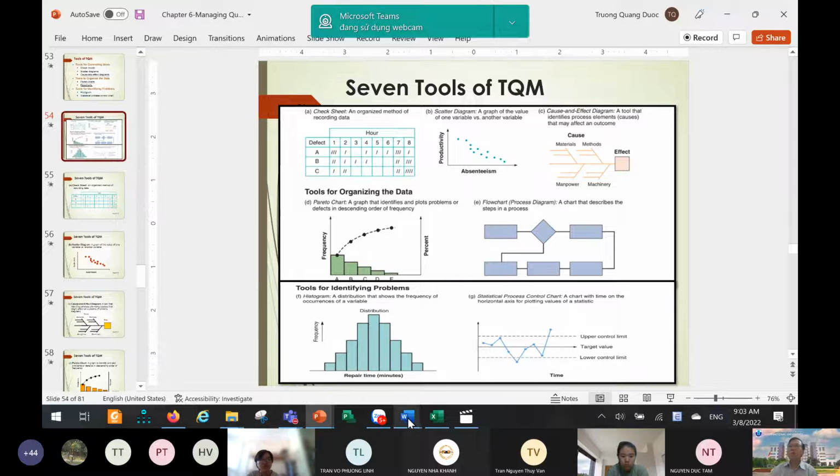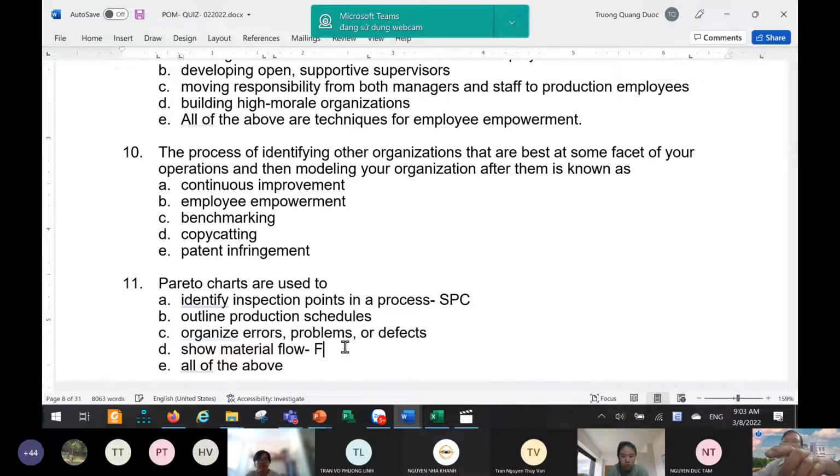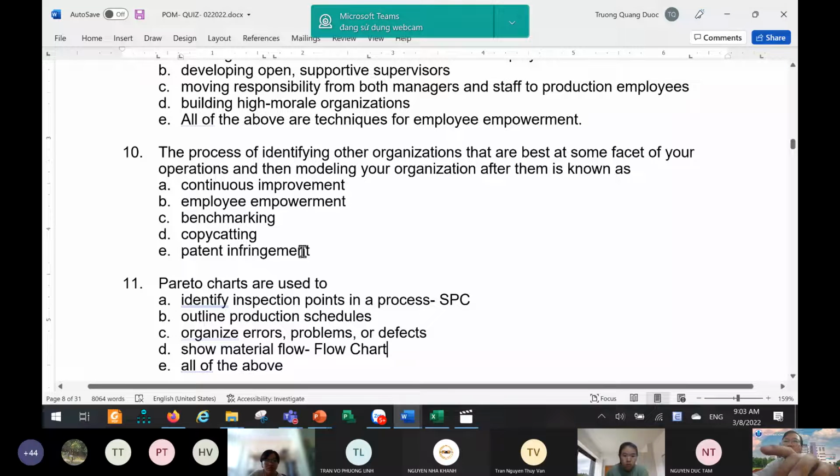Okay, now this one, inspection point in the process, is statistical process control. And about the material flow, this means flow charts. Okay, it's clear, student. And last one,